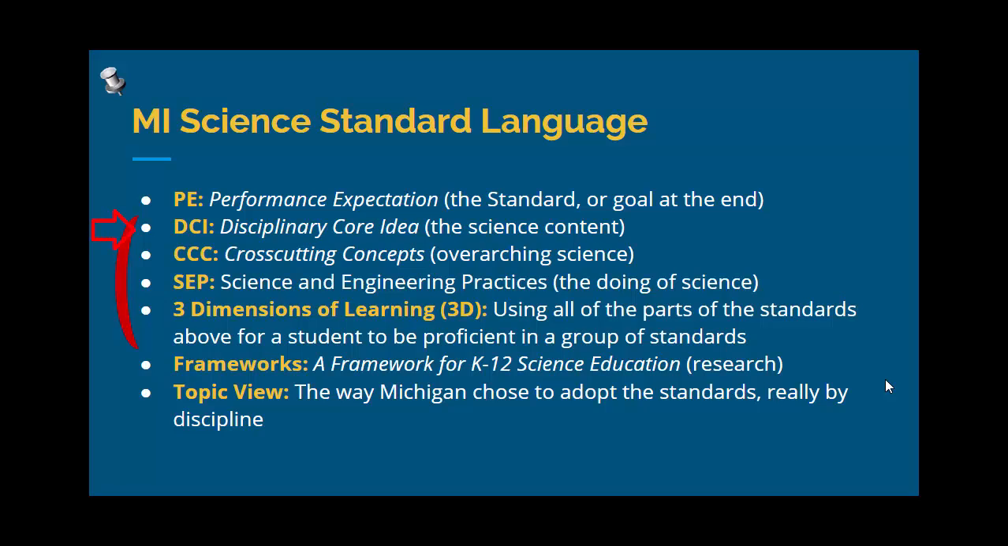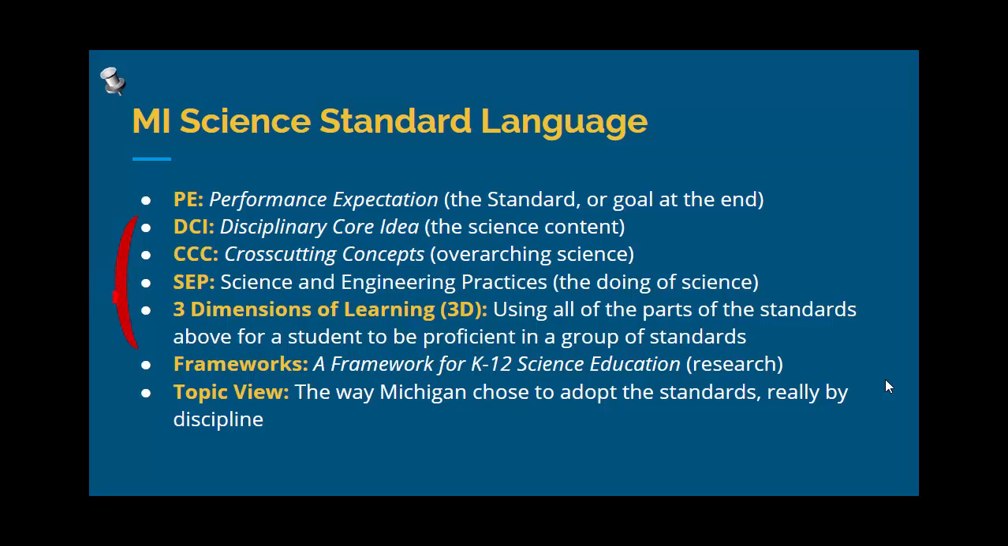The DCI is considered the disciplinary core idea. This is the science content. The CCCs are the cross-cutting concepts. These are the overarching science ideas that typically cross over both science discipline as well as cross-curricularly. Examples of these might be energy and matter, stability and change, or cause and effect. The SEPs, or science and engineering practices, are the doing of science. We want students to be analyzing data, or asking questions, or defining problems, things that scientists and engineers do in